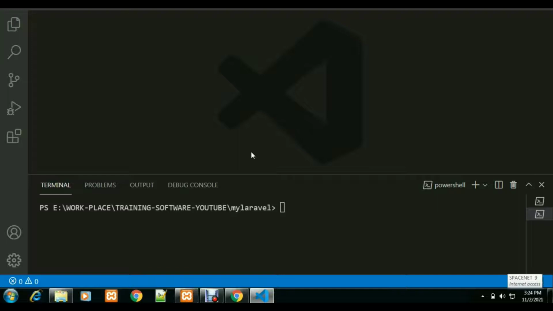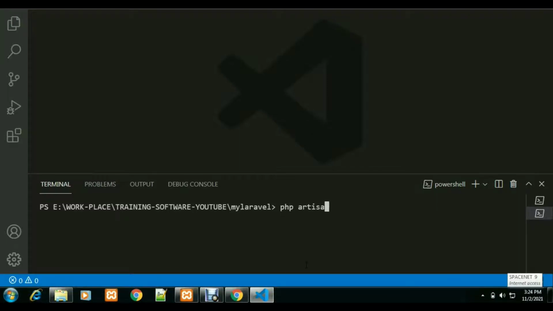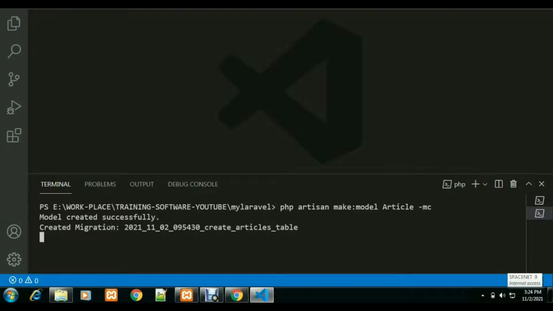Now this is my command prompt. Here I write php artisan make:model Article, and I want to create the migration and the controller. C stands for controller. So if you see, it is creating the model.